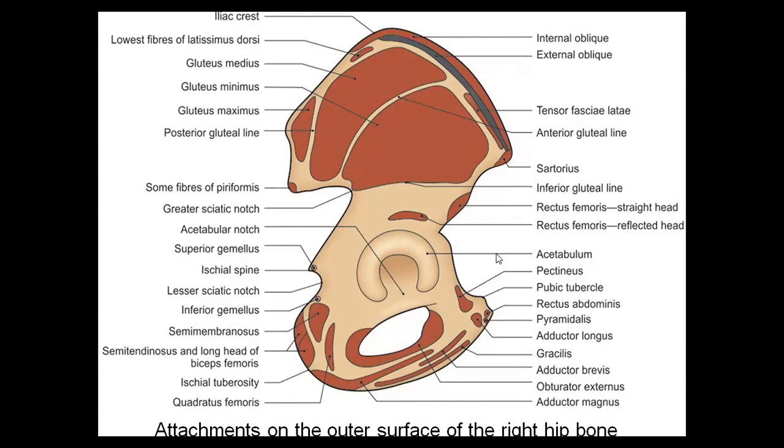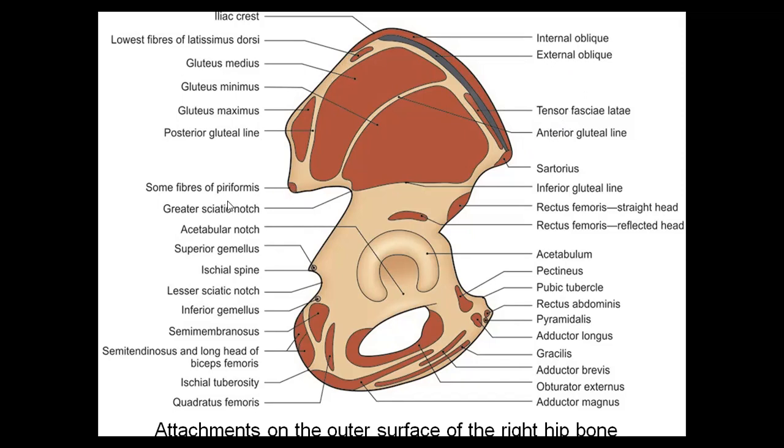Now from the outer lip of the iliac crest, see, this is our anterior two-thirds area. We are finding certain muscles like tensor fascia lata. Adjacent to that, you are finding the external oblique. In the intermediate area, we are finding the internal oblique muscles. As you go more behind, we have latissimus dorsi. Now coming to the posterior inferior iliac spine, which muscle is taking its origin?